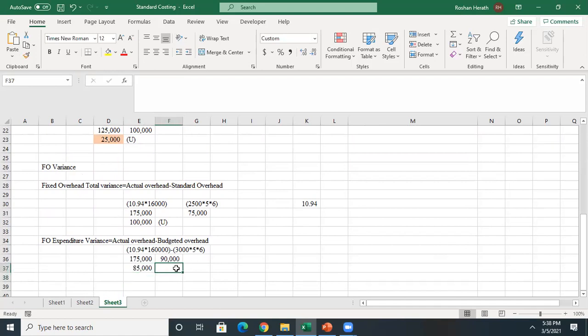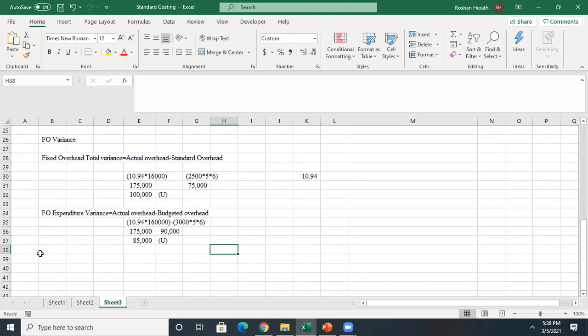So there's 85,000. It's an unfavorable one. It has to be an unfavorable one. මොකද අපි expenditure එක ගැන බලන්නේ. Now you take the volume variance, fixed overhead,